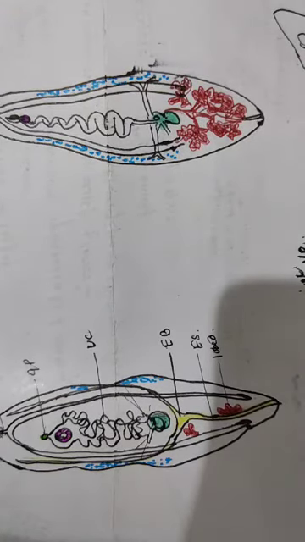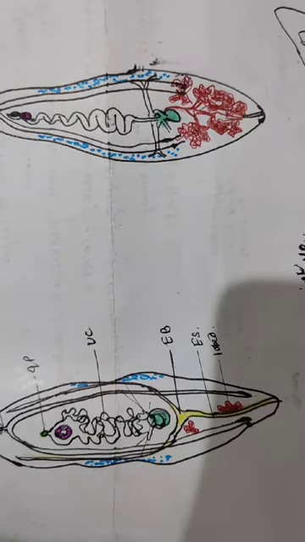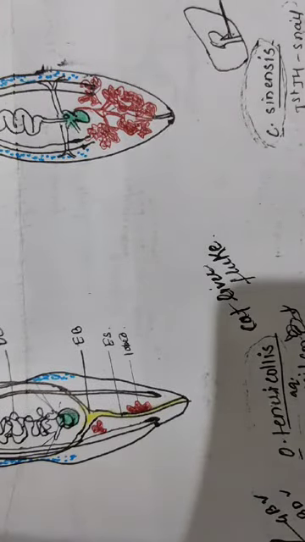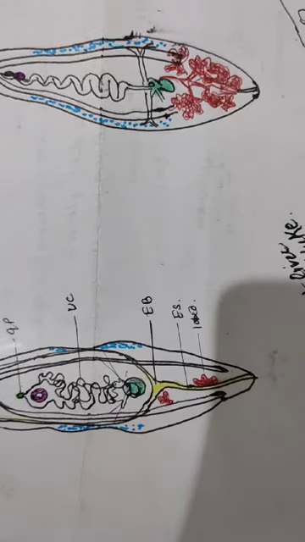Then comes the diagnosis of Opisthorchis tenuicollis and Clonorchis sinensis. It can be on the basis of clinical signs and the history of the area where the cases have occurred, and we can go for fecal examination and serological tests. The treatment is not satisfactory, but we can give praziquantel at the rate of 50 milligram per kg. So you can write praziquantel for the treatment of the Opisthorchis and Clonorchis genus.